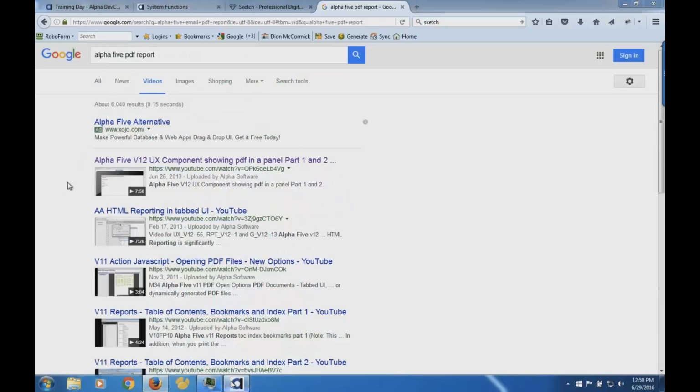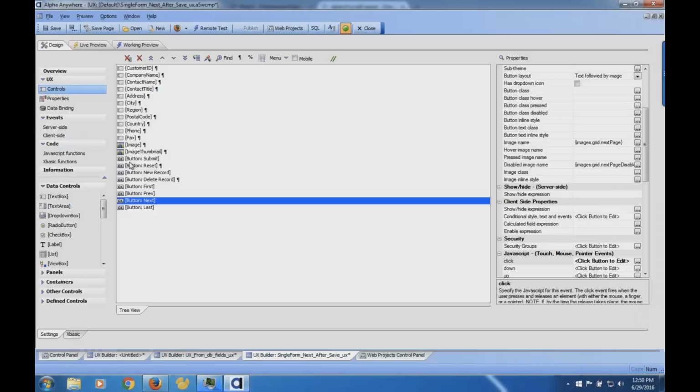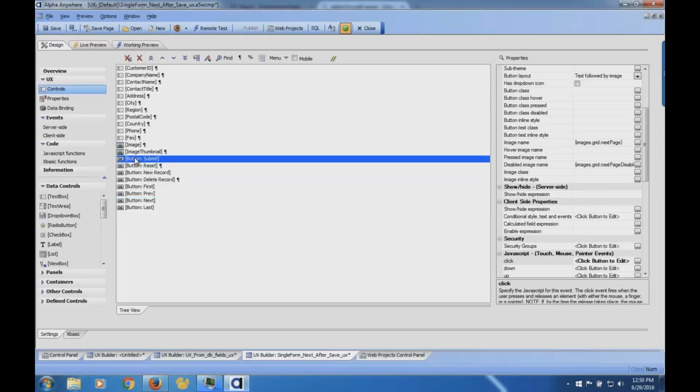The reality is that you'll have a button, and that button is going to call an XBasic callback, so the actual work is done on the server. On the server, there's a way to run a report, save that report to the disk, get the name of that report, and then run an insert. There's no pre-made action JavaScript that'll do all that at one time, but there definitely is the capability to do that, and I've done it before. I'd have to dig that out, and then I could walk you through how it's done with a little example. That's probably the best way to do it justice.